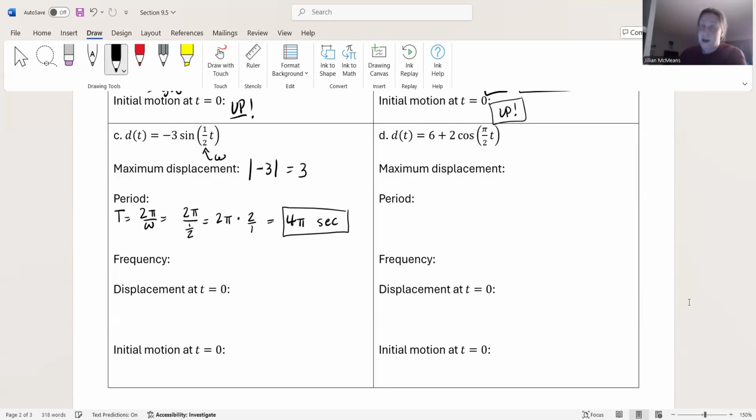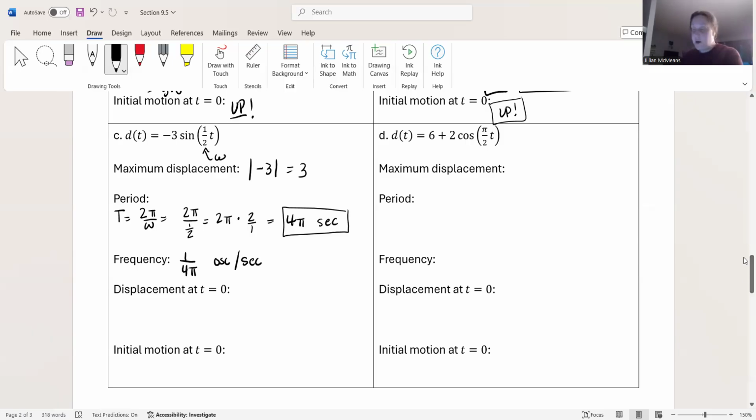Now, with that said, if it's 4 pi seconds to complete one oscillation, how much of an oscillation is completed in 1 second? Well, 1 over 4 pi oscillations completed per second. And if you're wondering what 4 pi seconds is, it's 4 times 3.14, so it's going to be a little over 12 seconds. Okay, so one full oscillation is going to take a little more than 12 seconds, so 1/12 of an oscillation-ish is going to be completed in 1 second. Okay,